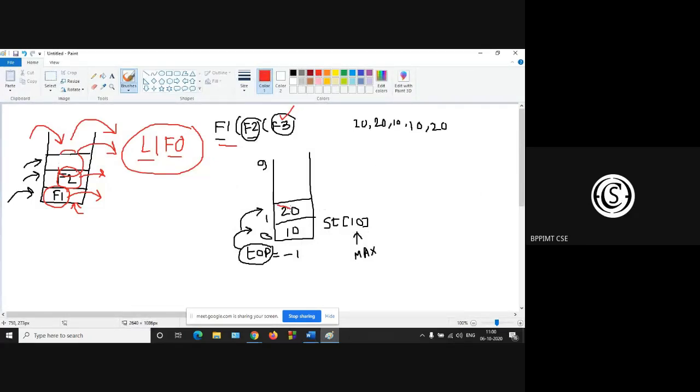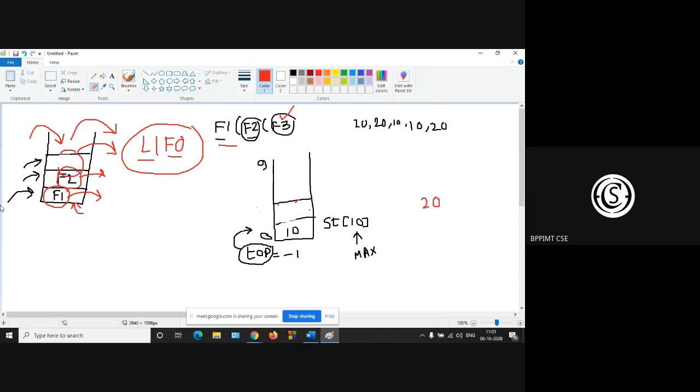So 20 will be popped and you will get 20. So your top is now at 0.